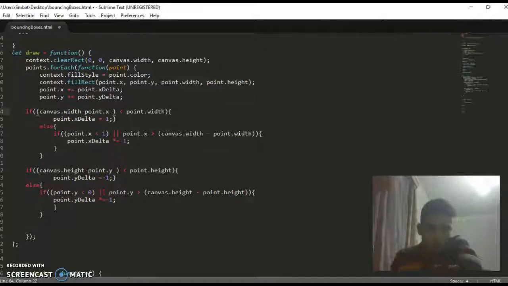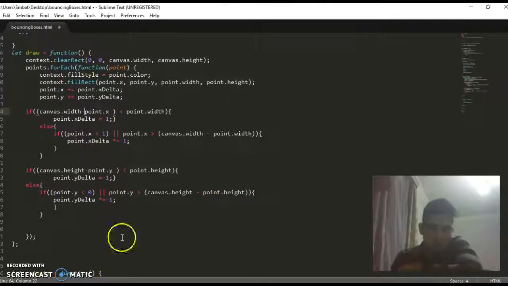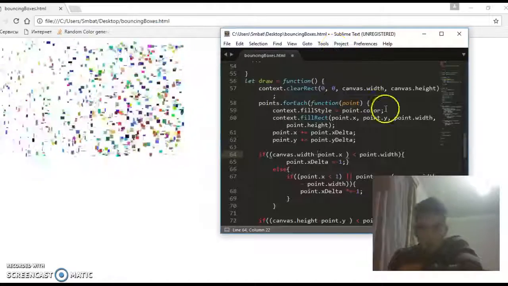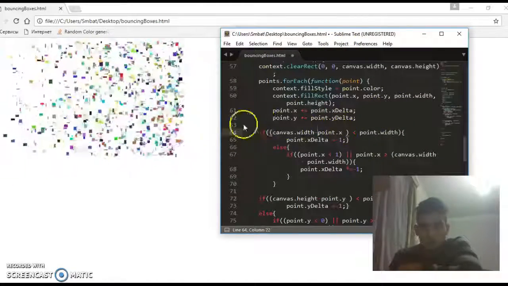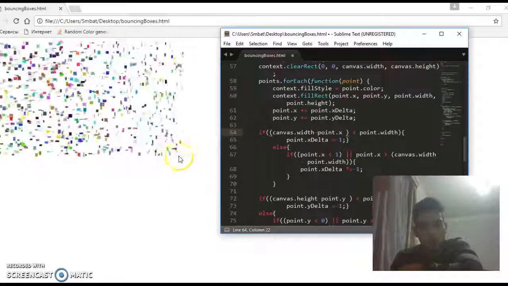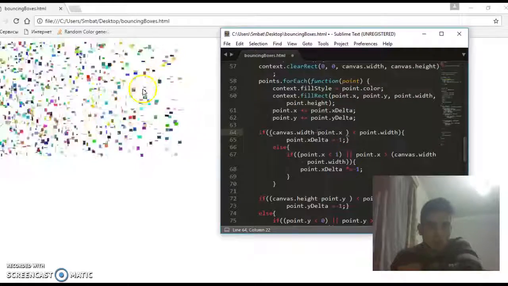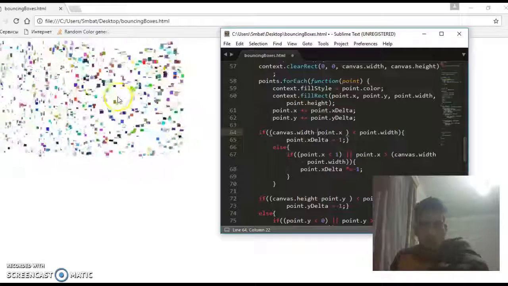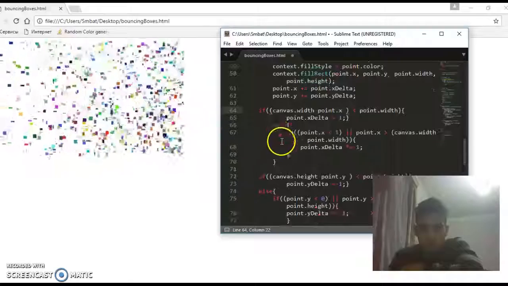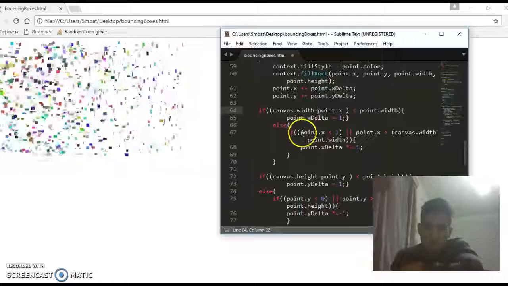This is written for when our point is partially out of our canvas: make it come back, and then do the other logic that we will need. Then it's written, else, if it's already in our canvas,